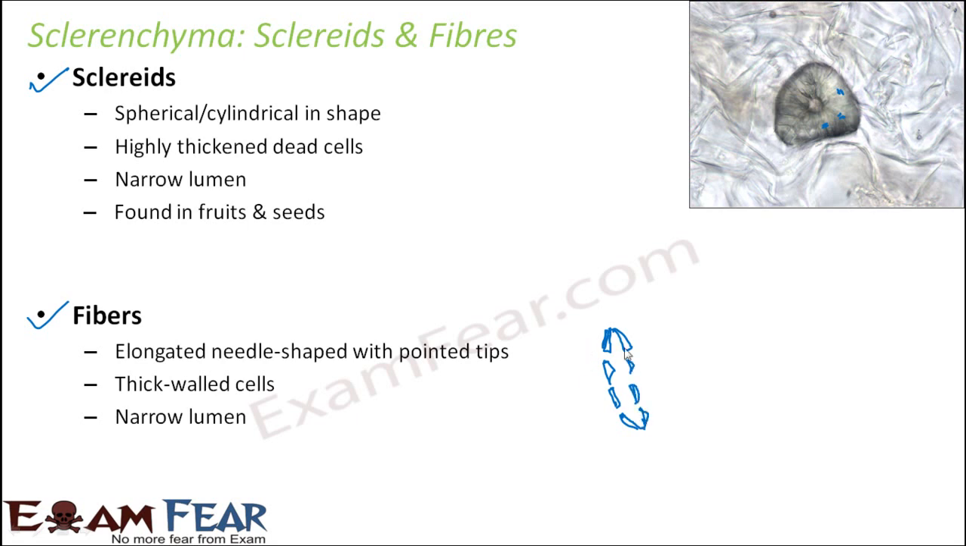Somewhat like this. So this is an elongated structure with pointed tips. So this is the cell wall. This inside structure is the pits, and this empty space is nothing but the lumen. So here also you have a lumen inside, whereas in case of sclerids, this is how the lumen looks like,